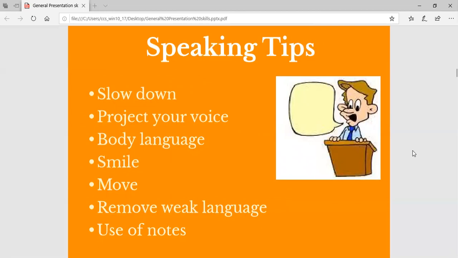loud enough for everyone to hear. But as I said, it's different now because you're talking to your computer screen, because we're doing this online. But for next semester or other semesters that you have to do your presentation, you have to make sure that you speak loudly enough for everyone in the class to hear, okay? And body language,